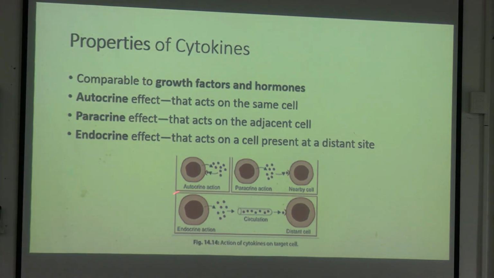Properties কি বলছে? They are comparable with the properties of a hormone. That means some cytokines will be having autocrine action, some cytokines will be having a paracrine action, that is the nearby, and some cytokines will be having an endocrine action. Endocrine মানে কি? Distant, যেখান থেকে রিলিজ হলো অন্য কোথাও গিয়ে কাজ করবে। ওকে,